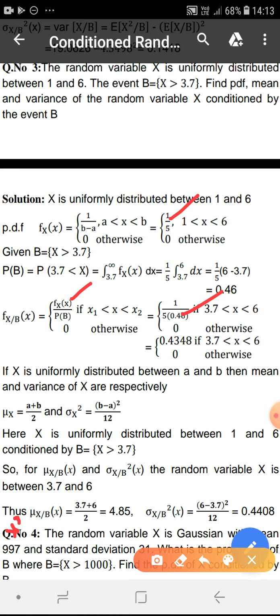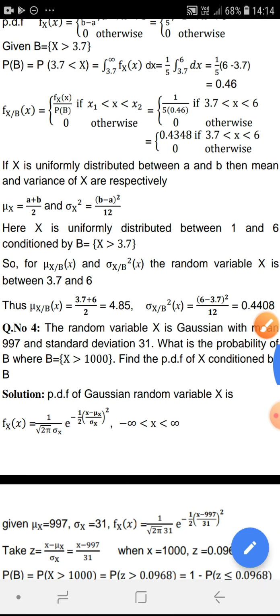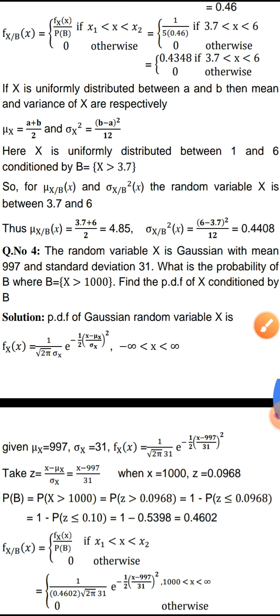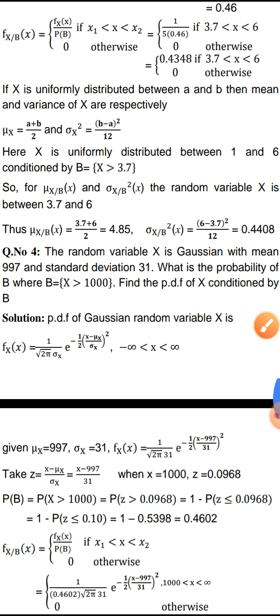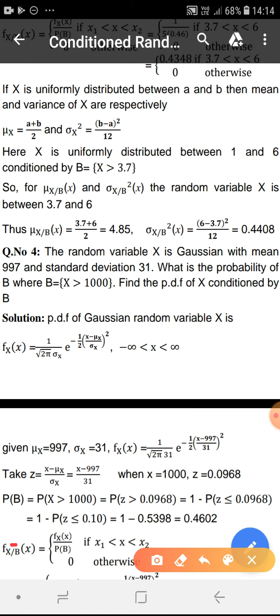So a is 3.7, b is 6. So the conditioned mean will be (a plus b) by 2, which will be (3.7 plus 6) divided by 2,